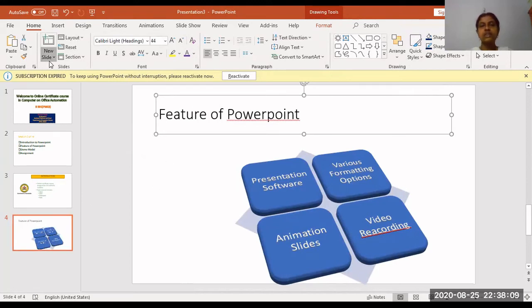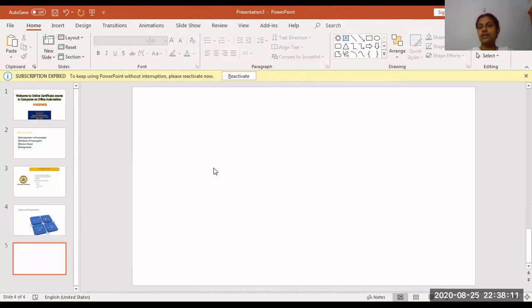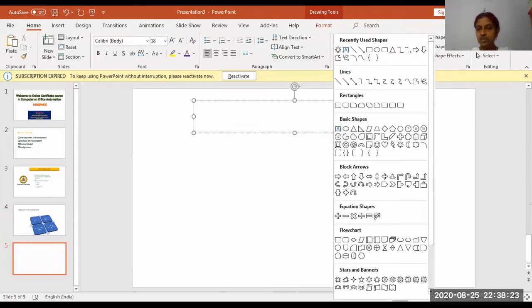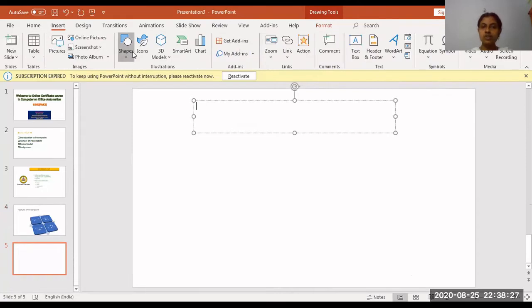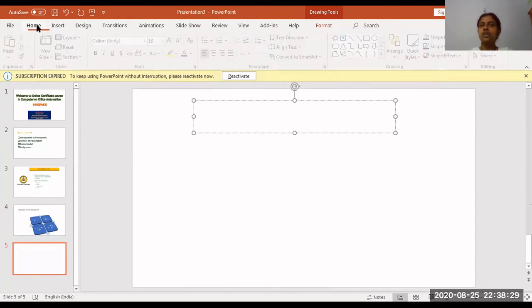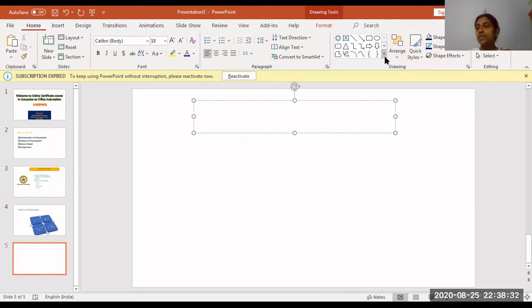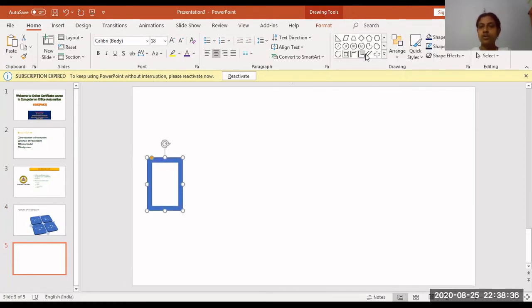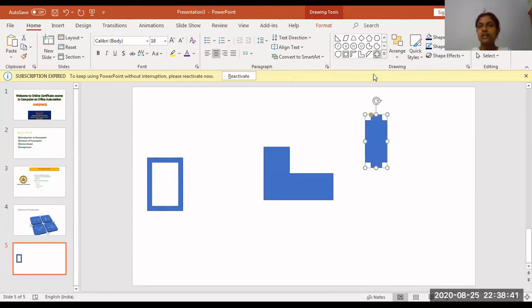This time I'm selecting a blank slide. On a blank slide, any content you want to type, once again I'm telling, you have to go for a text box. Apart from that, you have varieties of shapes available. Here you will have shapes, or you can go to Insert and Shapes. Like Word, you can draw flow charts, or any design, rectangular design. See, a lot of shapes are available. Anything you want, you just have to select and place it.